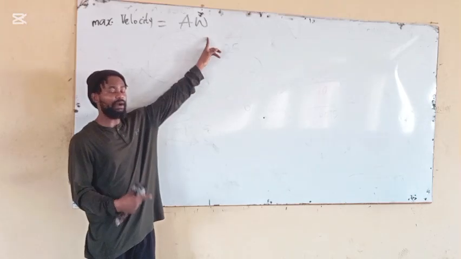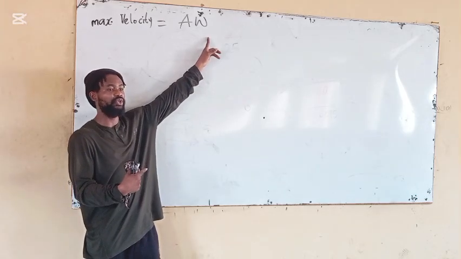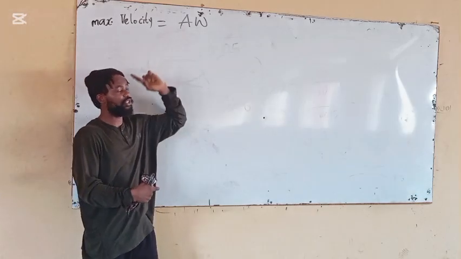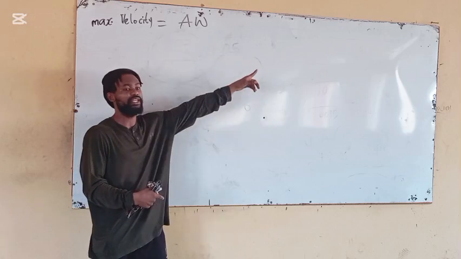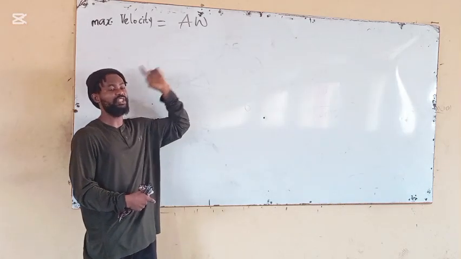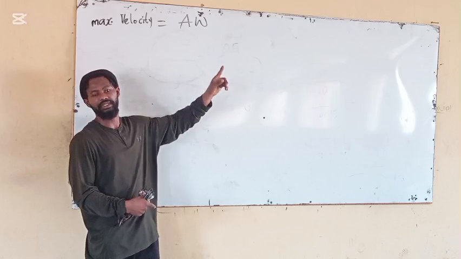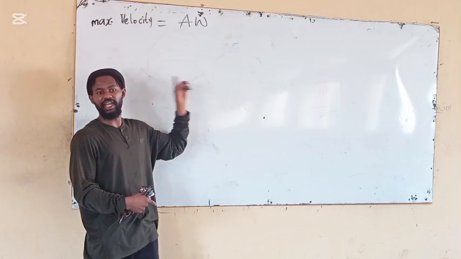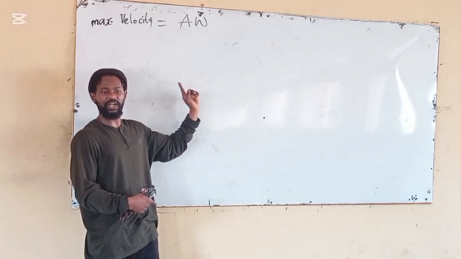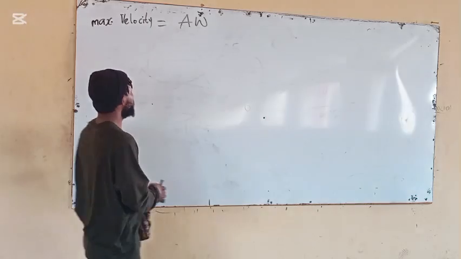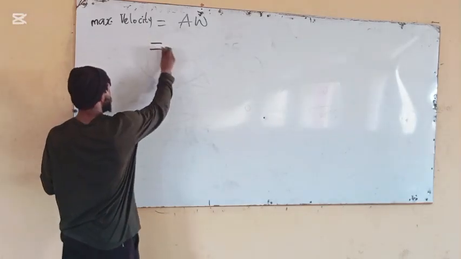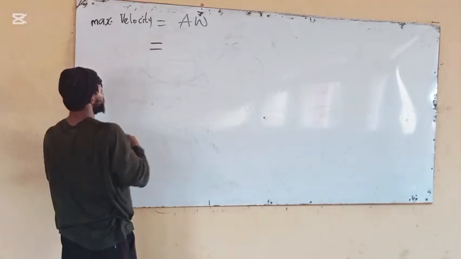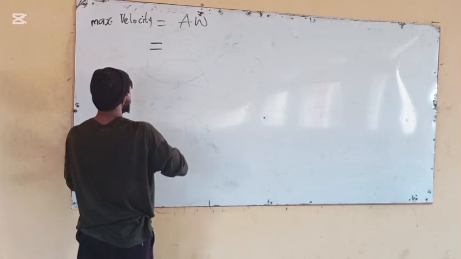And remember, how I wish you were in class, a good number of you. You will see how we derive even all those ones you normally see, half KA squared. All those things we derived. Go and check my video on equations, energy, and velocity of a simple harmonic motion. Go and check it. Even this formula we derived that day. So this is going to be equal to